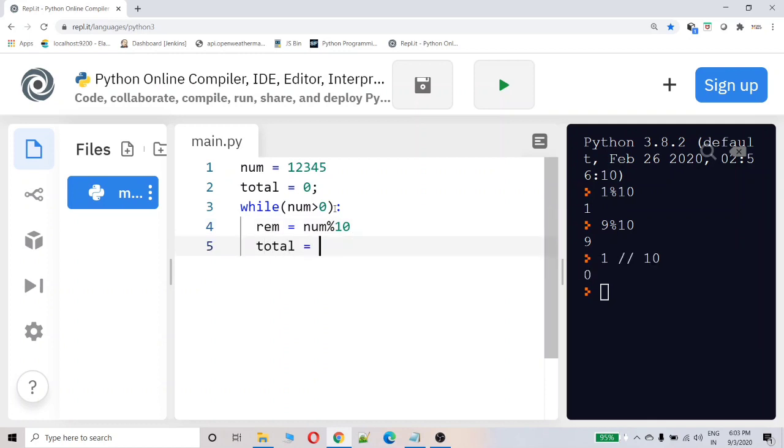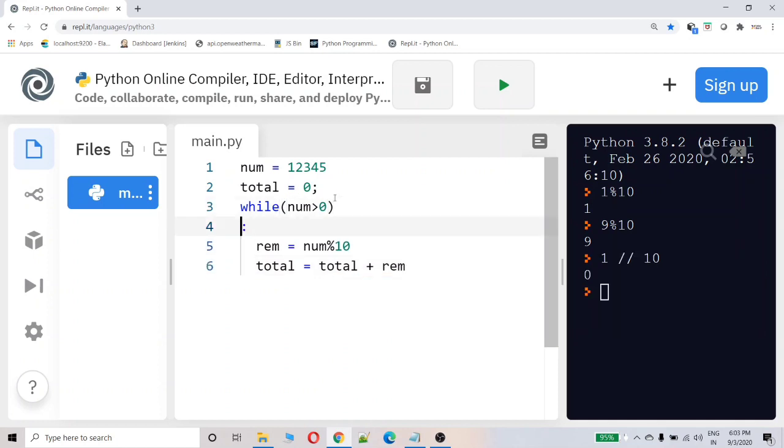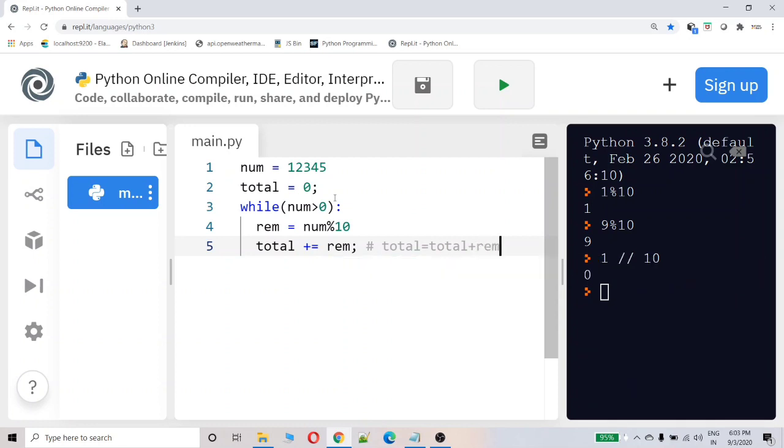What I am doing, I am adding it to the total, total plus remainder. Now instead of this I can use this notation also, plus equal to, this is same as total equal to total plus remainder.